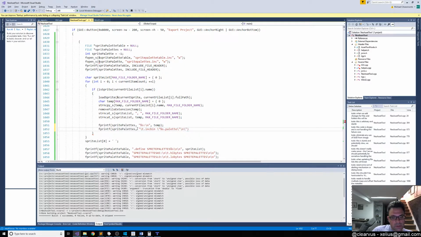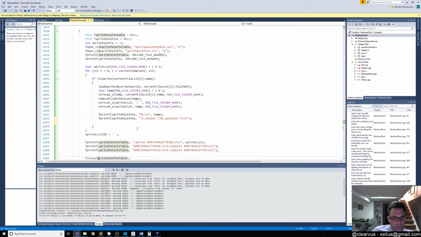And then new line. Actually, we need to do that. We actually need to,